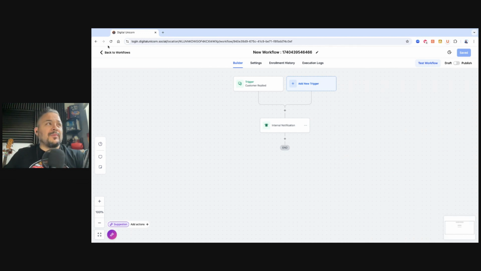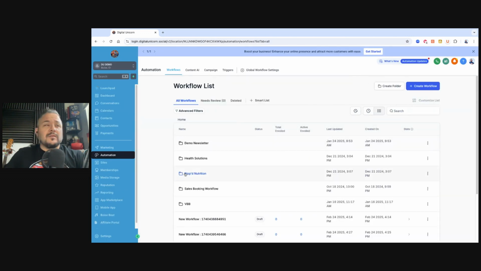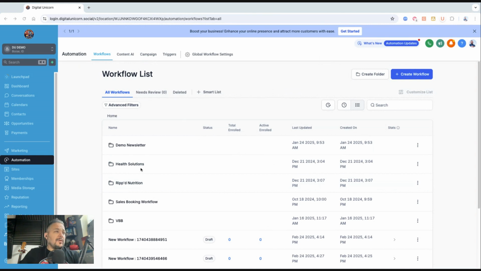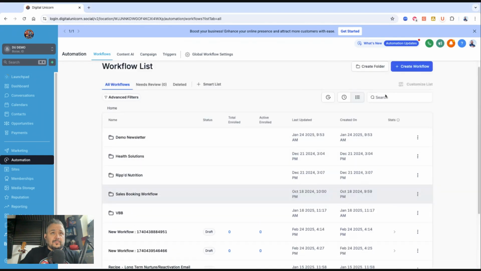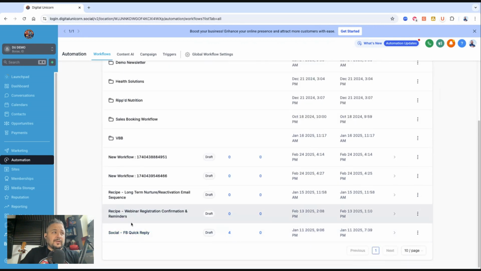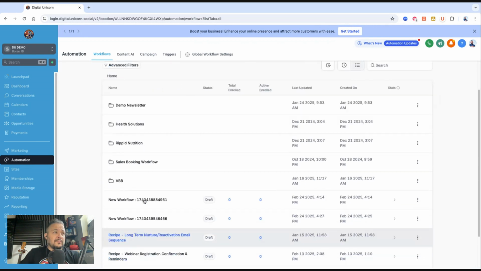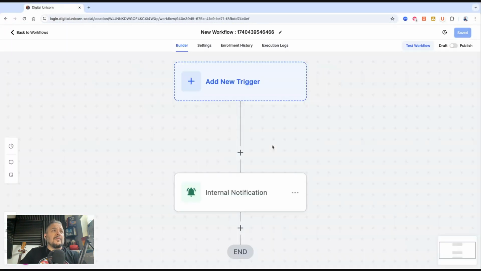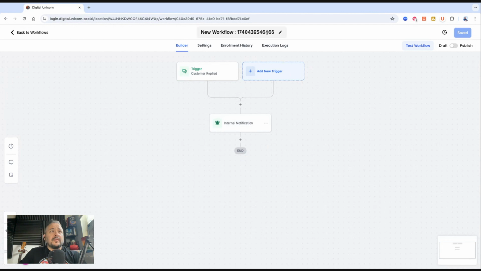Okay. So let me back up and run through it really quickly one more time so you can see what this looks like here. So we are going to go to automations. You're going to create a workflow. We're going to do one from scratch. I'm going to go back into the one I already created here. Maybe I didn't save it. Did I save it? I did save it. It's right here. And in that new workflow,